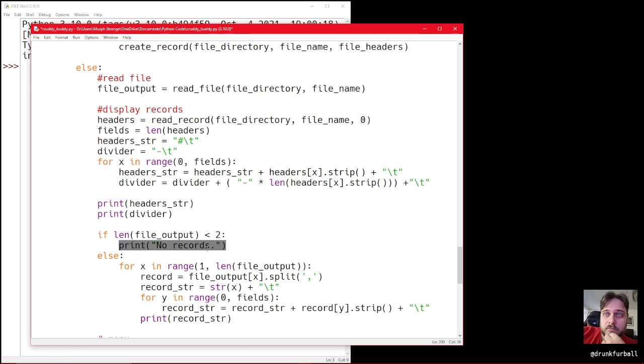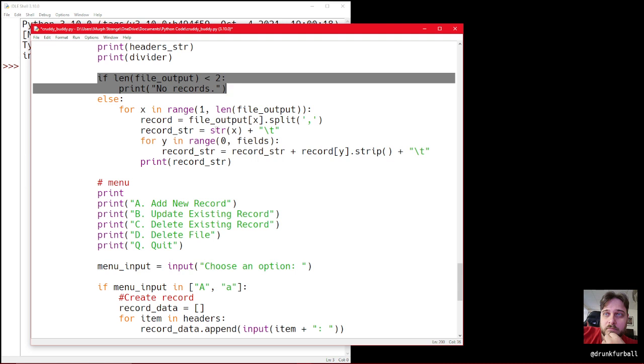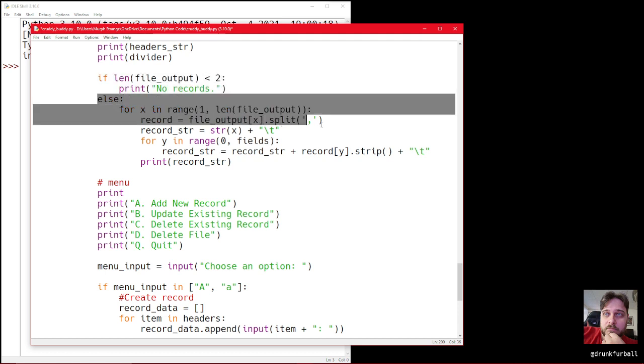But if there is only a header, we're going to say there's no records, because the header's not really data. Our records that will actually contain data will start at 1 instead of 0. So the second record instead of the first. So that's what we're checking here. We're going to see if there's more than a header. If it's only a header, we're going to say, hey, there's no records. If it turns out there are records,